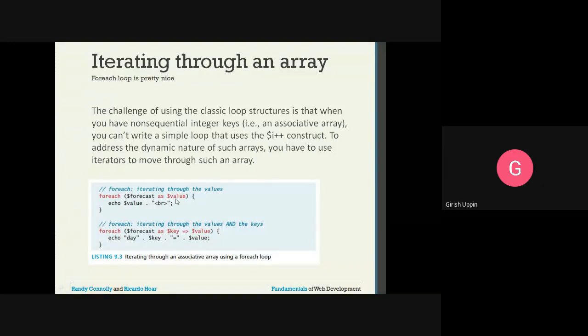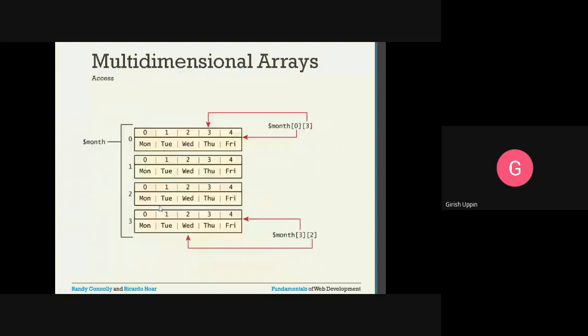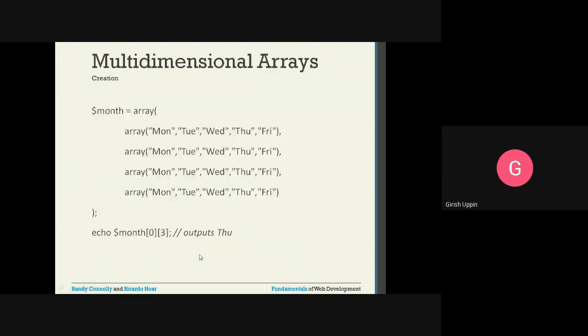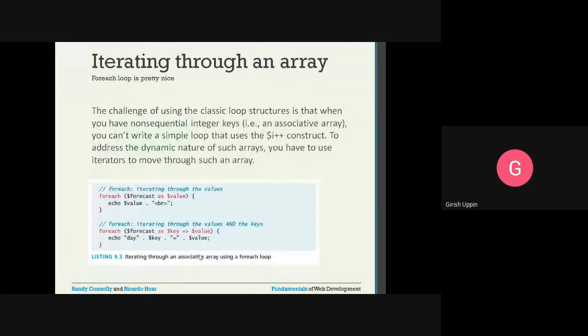As $value, it will fetch the first value, so you can print that. Echo $value, then the dot, which is concatenation, concatenating with a break. So 40 is displayed, then 47 on the next line, 52, 40, 37. They will be displayed on five different lines.